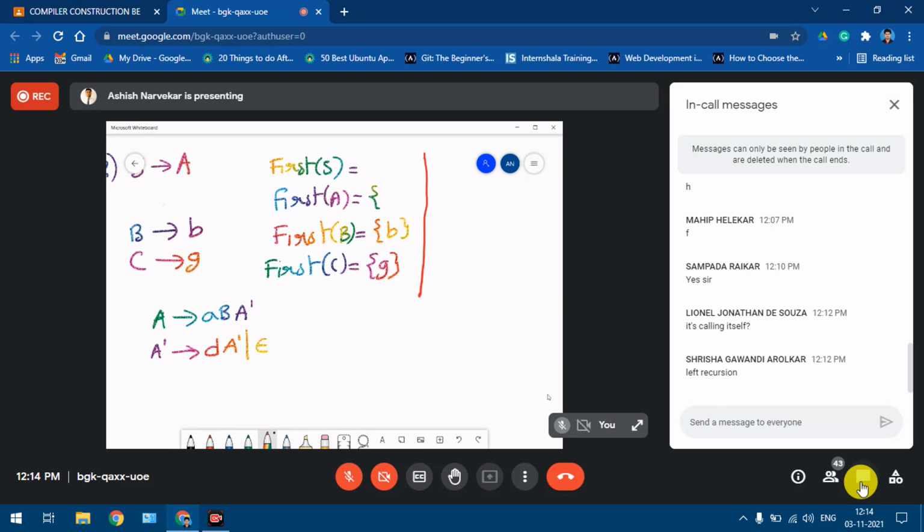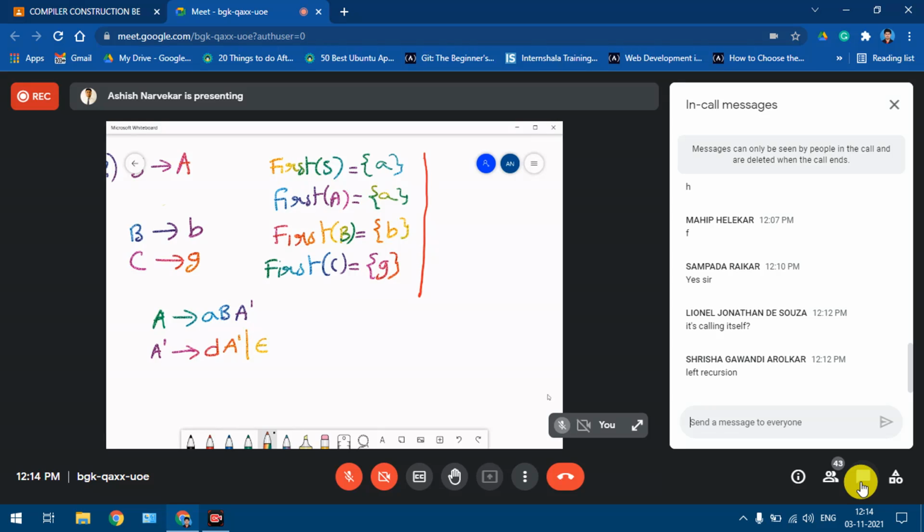Okay, so now our grammar is these 5 rules. Of course this is correct till here, because first of B will remain B only, first of C will remain C only. Now check for first of A. As per these new rules, first of A will be equal to small a, and first of S will be equal to first of A, and first of A is small a. So till here all good.